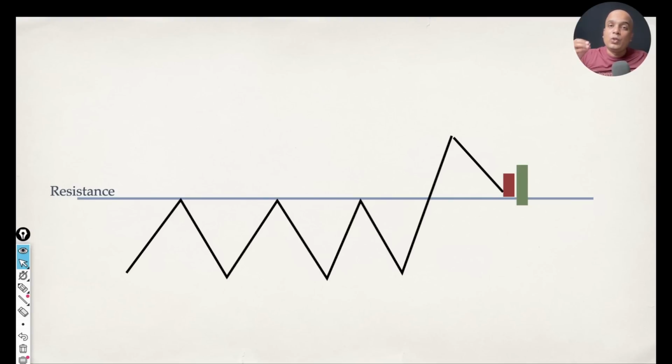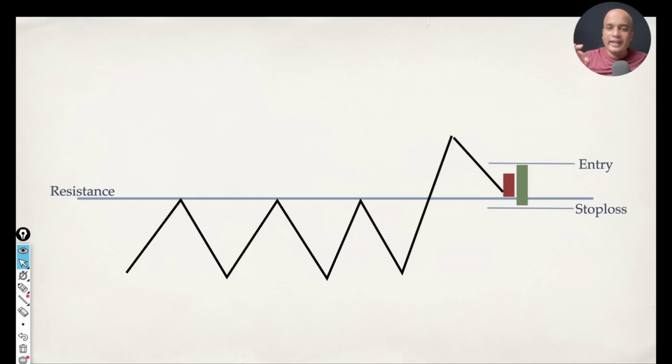So try to look for a bullish candlestick pattern. Bullish confirmation is very important. In this case, let's say you got a bullish engulfing pattern. Your entry should come above the high of the bullish engulfing, and your stop loss should be below the low of the bullish engulfing. If there is a bullish harami, above the high of the bullish harami is your entry point, and below the low of the bullish harami is your stop loss point. So entry should always come above the bullish candlestick confirmation.